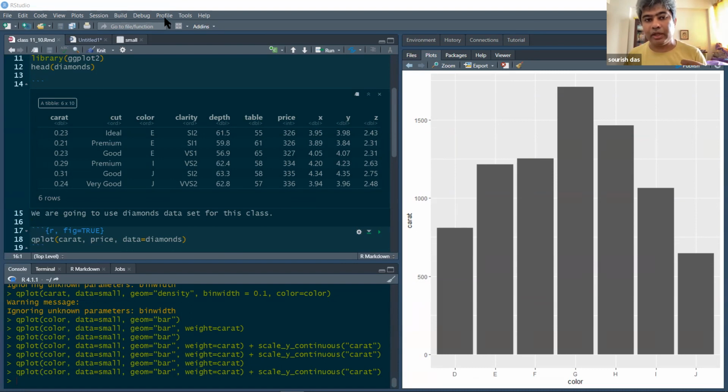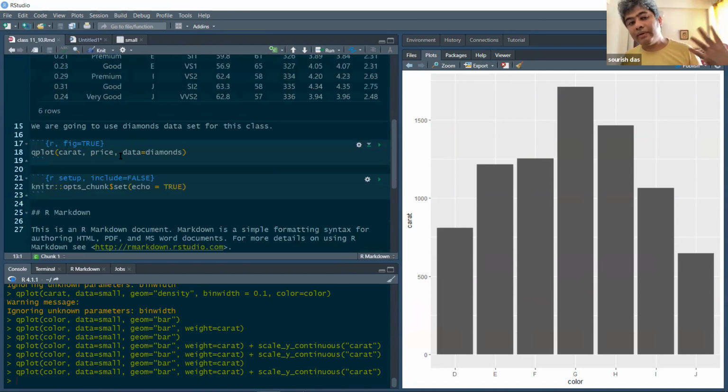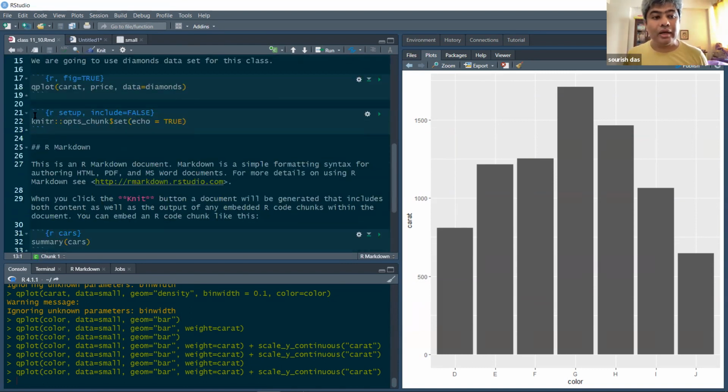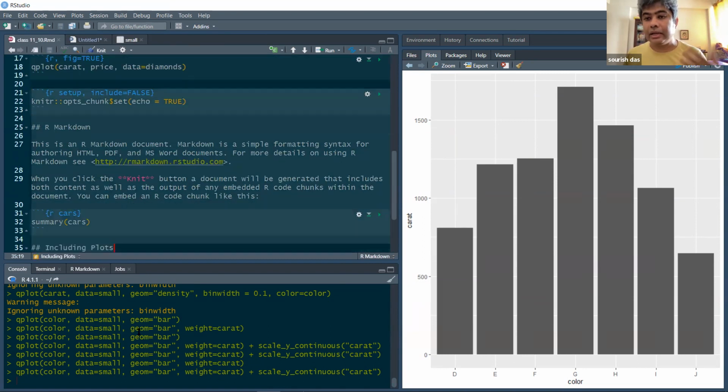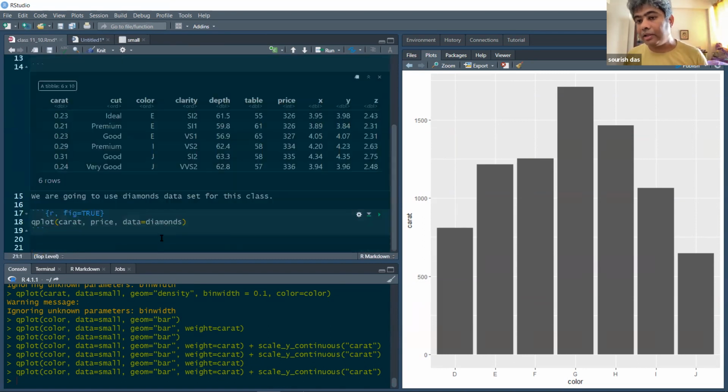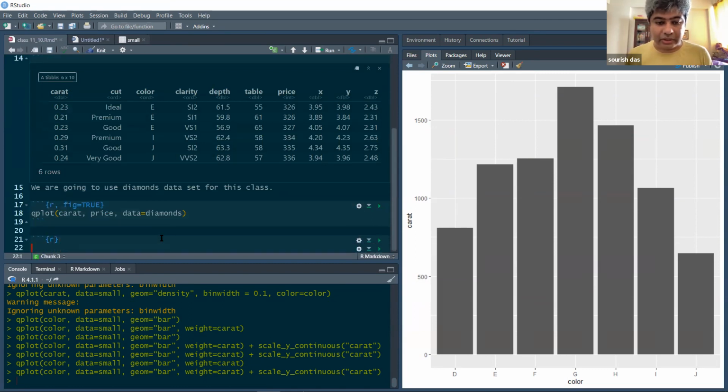You don't have to send me the PDF, just the RMD file, with all the code chunks and the comments. I'll compile it on my side and check if everything is fine. Then I will upload the RMD file and check for everybody in the class. Anybody have any questions, comments?